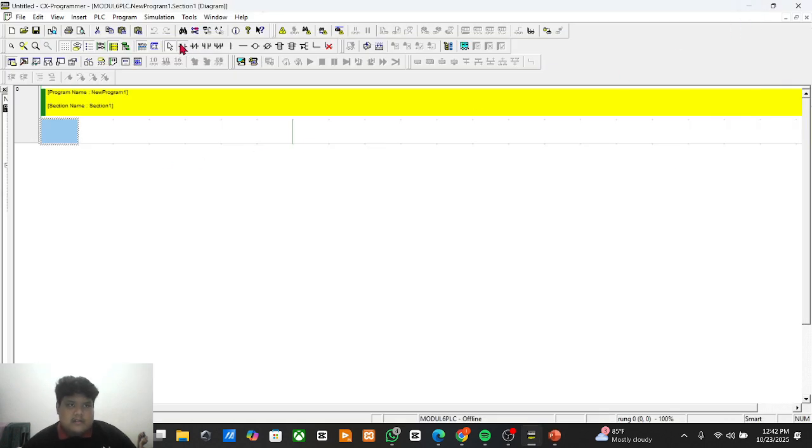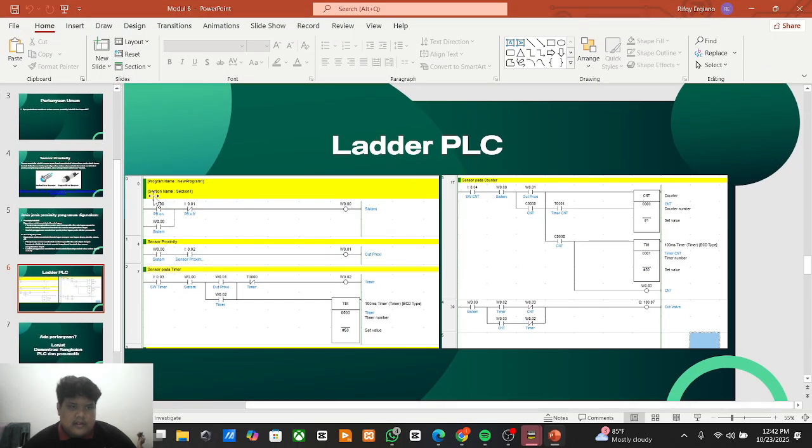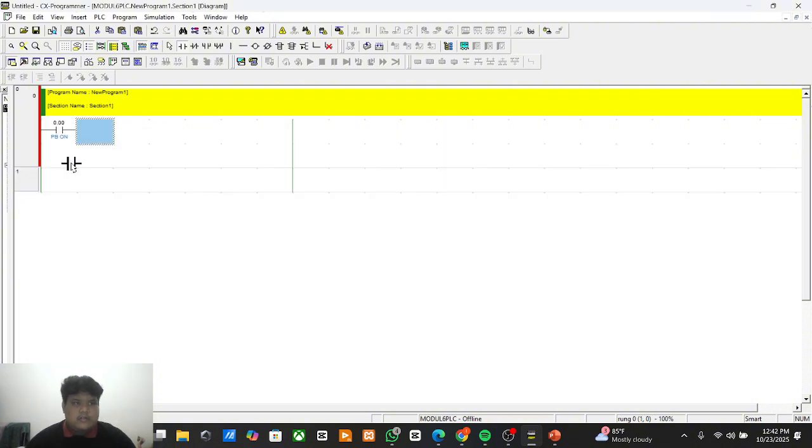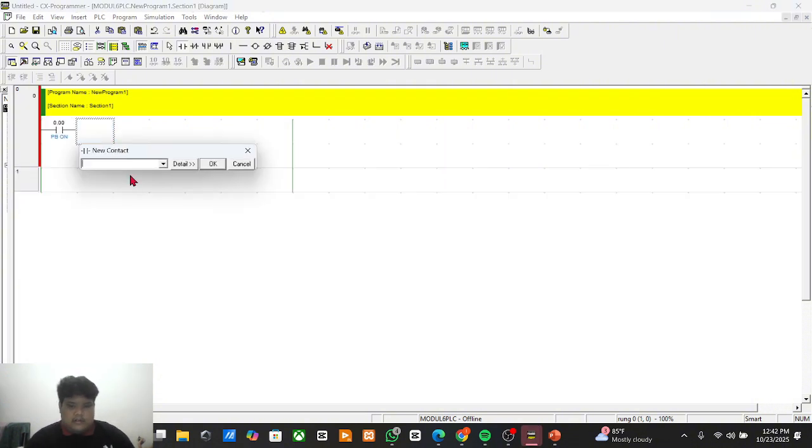Here, just put some new contacts here. Next, the command is the switch button on. Here, the address is 001. Then for the switch button off.